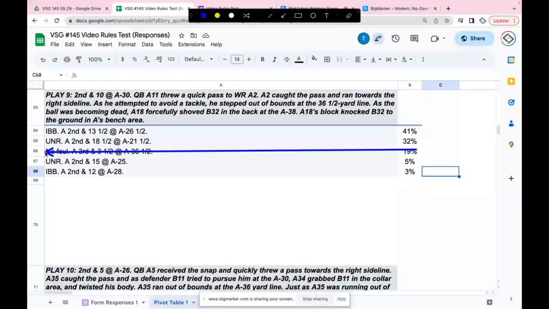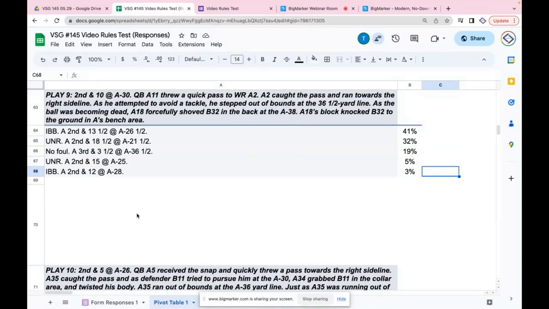So as we started with what you said tonight, one fifth of the world is now upset at you. Not at me. I didn't scratch out their answer. You scratched out their answer. All right, so we've eliminated that. So now we get to do the Luxner math. 37% said UNR, but we have a little difference of opinion on the enforcement. 37% said UNR. 44% said block in the back.